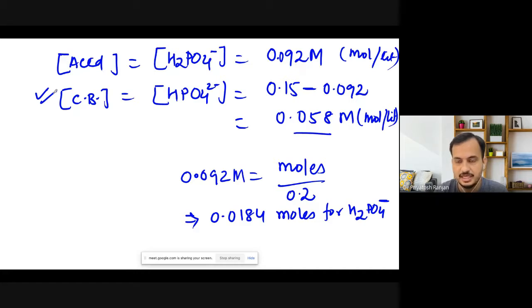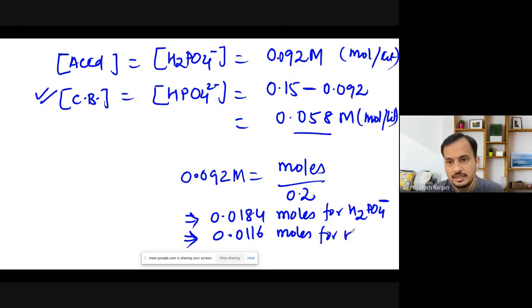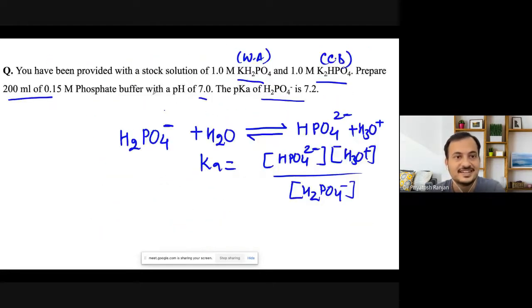I've changed the ml to liters, and the value I'm getting is 0.0116 moles for HPO4 2 minus. I haven't solved this question yet because they have given, I need to prepare 200 ml,